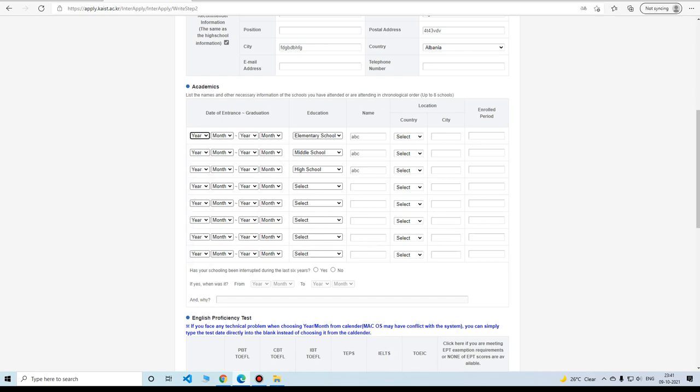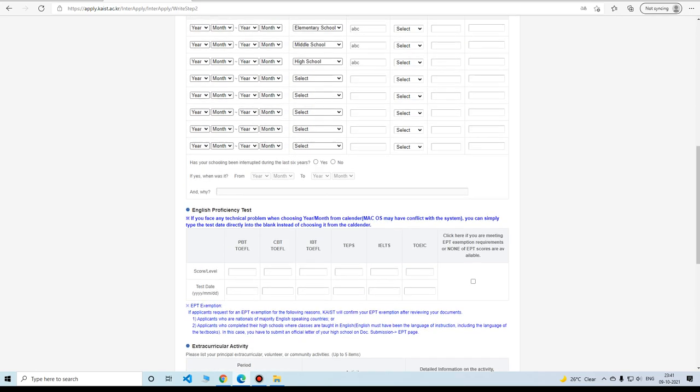And the dates: usually elementary school is till 6th grade, middle school is, I think, 6th to 9th grade, and high school is 9th to 12th grade. You should double check this.